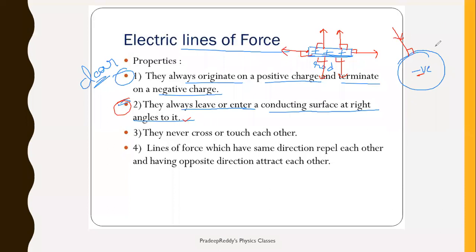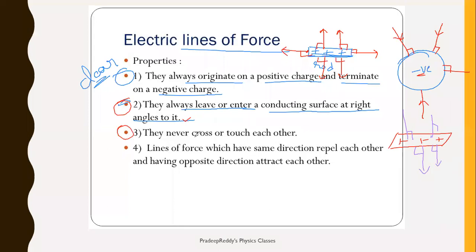And here is a perpendicular field line. Here is a perpendicular field line. Here is a perpendicular field line. Similarly, you can take a plate. This is a plate which is positively charged. For this positive charge, you can draw field lines which are perpendicular and outward, and the arrow mark should be outward because it is a positive charge. That is the second point. Coming to the third one.